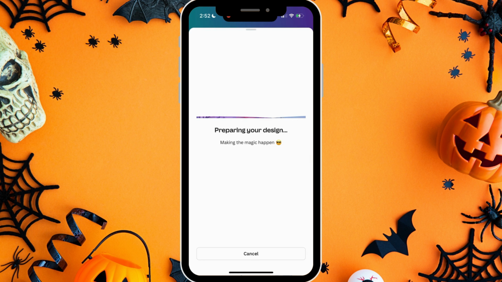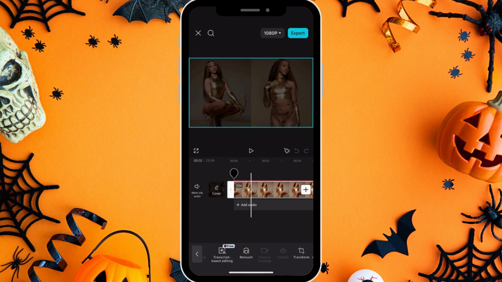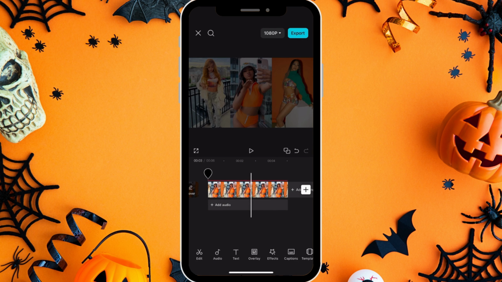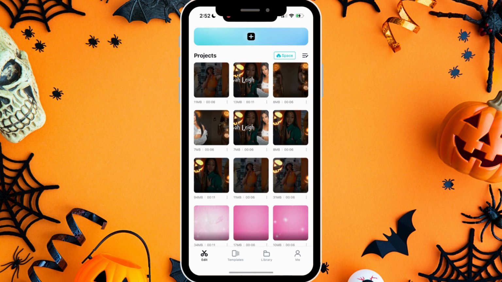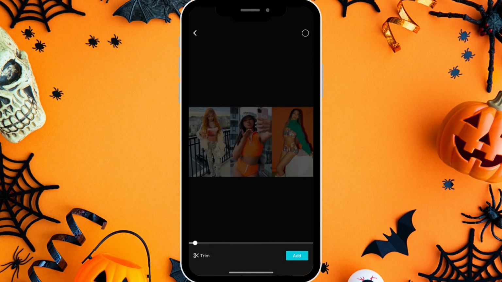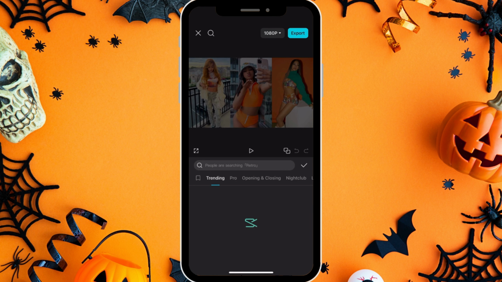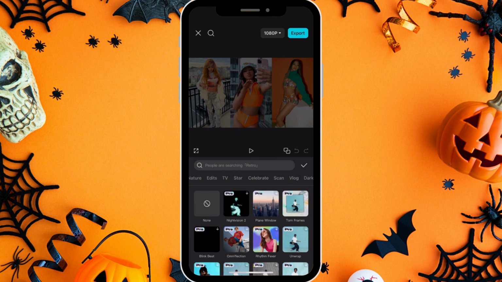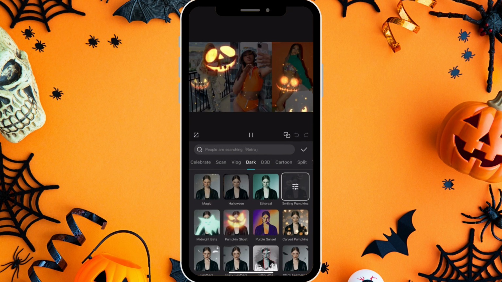Then we're going to go back into CapCut and you're going to do the same thing again. You're going to go to the project that had the black image on it with the opacity and you're going to add this photo instead, like we did previously. You are going to click on new project and you are going to add that video into it. Then we're going to go to video effects and you're going to scroll until you find dark. And we're going to add the smiling pumpkins again, which is this one,